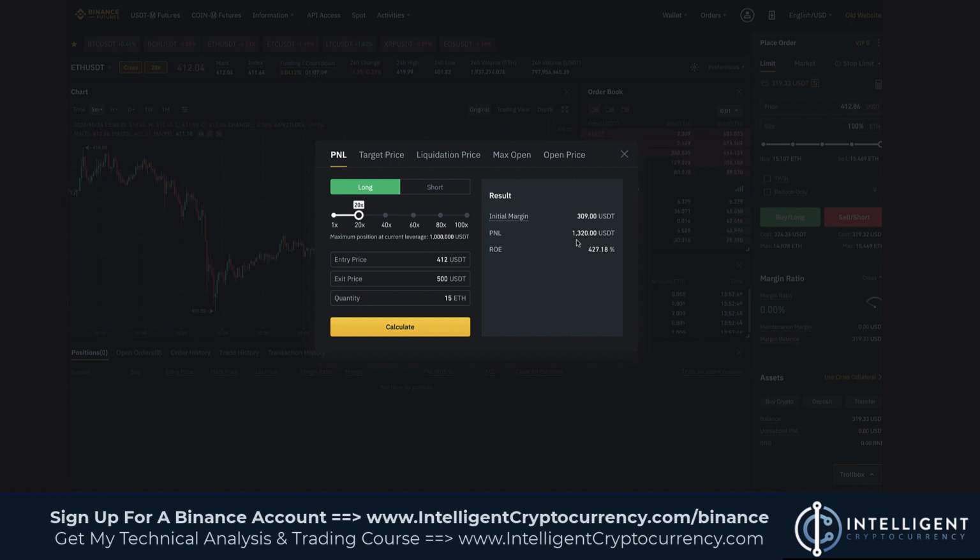Now with trading, you always want to aim for a higher reward than your risk. So if I'm going to be risking $300, well, then I'm going to make at least 2 to 1 or 3 to 1 if I'm right. So that means if I'm wrong, I only lose one single unit. But if I'm right, maybe I make 3 times as much or 4 times as much. This allows me more room for error with my trading. And it means that even if I'm only right 50% of the time, because I'm making at least 2 to 1 or 3 to 1, I can still be profitable. And this comes in with position sizing, risk management, all that kind of stuff, which if you want to